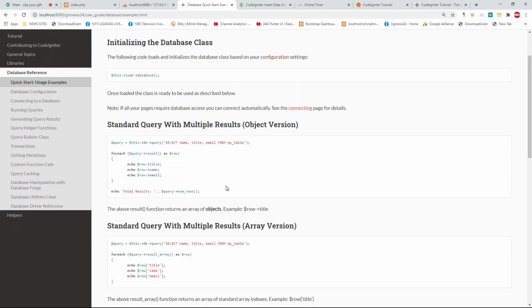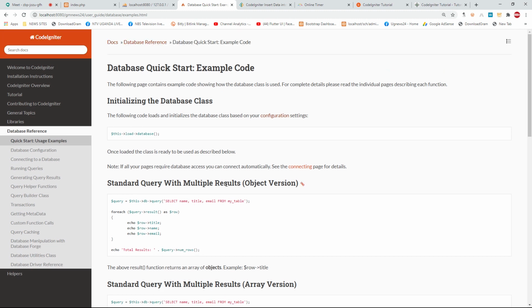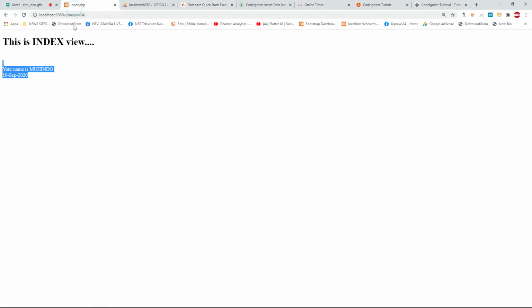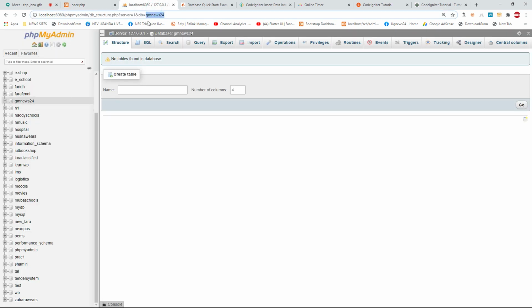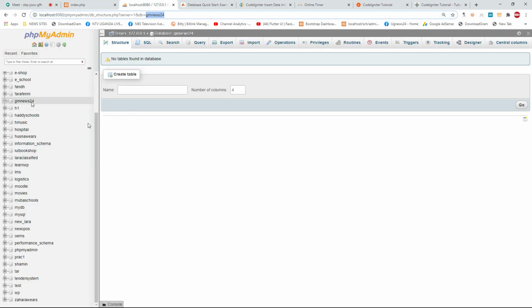So before we begin, let me first begin by creating a table, because we cannot deal with a database without any table in our database. So I'll come and create a table. You can as well write your SQL that creates a table and then run it with a project, or you can simply create a table by yourself. So I'm going to come here and create a table by simply clicking on database name, and then I click on a table. So I'm going to say users, example, and then I say this table maybe has